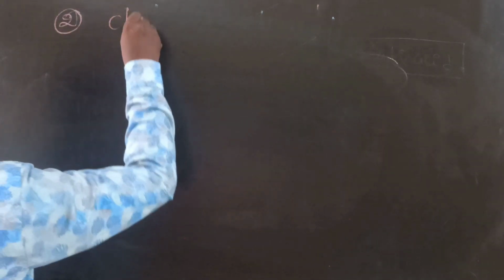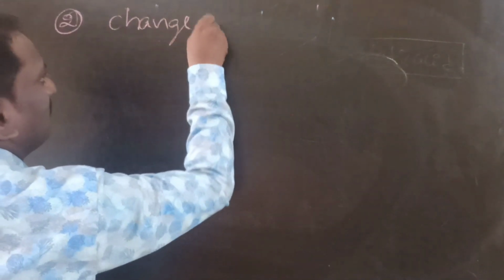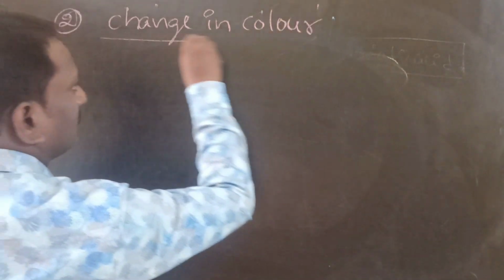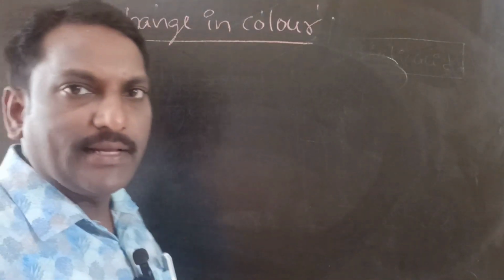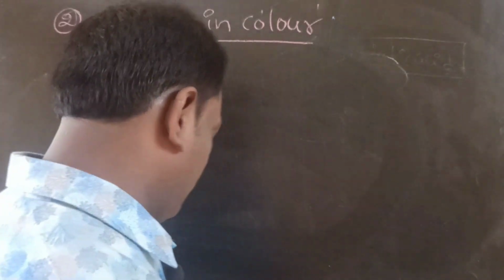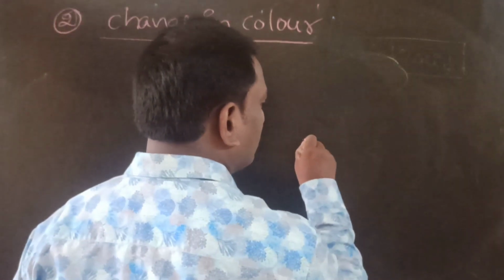So next characteristic of chemical reaction is change in color. Some chemical reactions are characterized by change in color. Example, take few ml